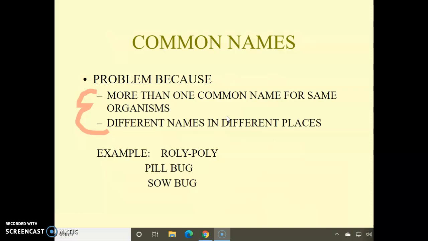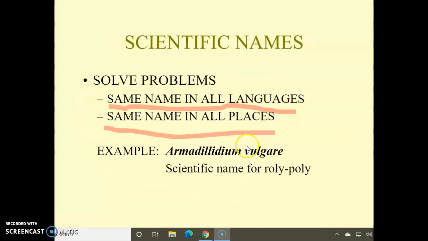But some people in some places call it a pill bug because it looks like a little pill, like medicine you take. And sow bug, and I'm not really sure why. They must be common around a pig pen or that sort of thing. I honestly don't know. But if you're talking to people in different parts of the world, you need to have a common name for that, or one central name, a scientific name, not just use the common name of things we call them around your area.